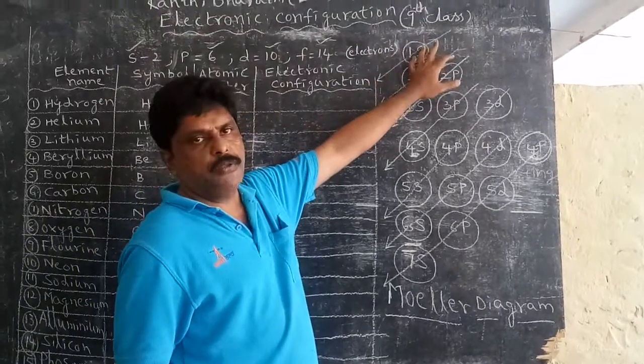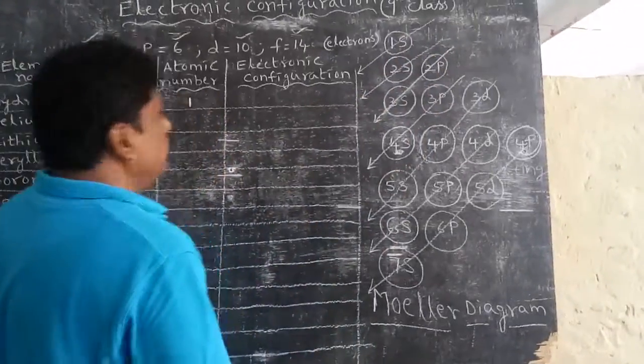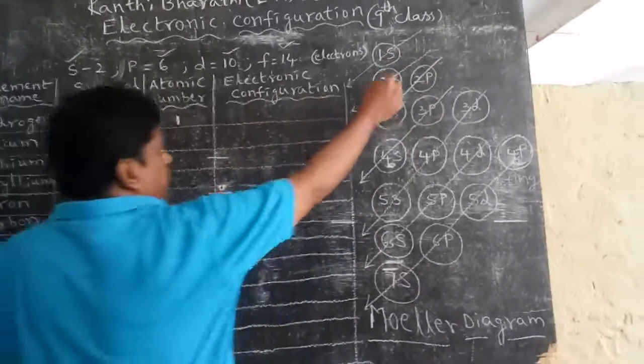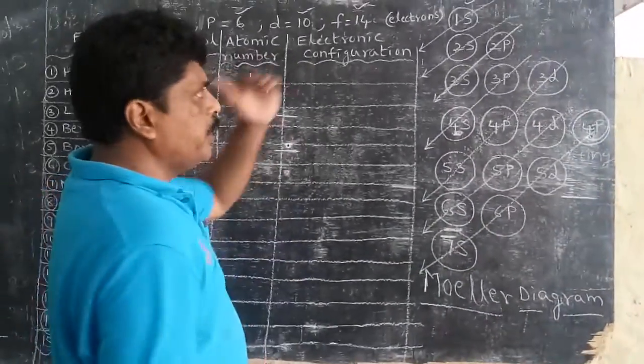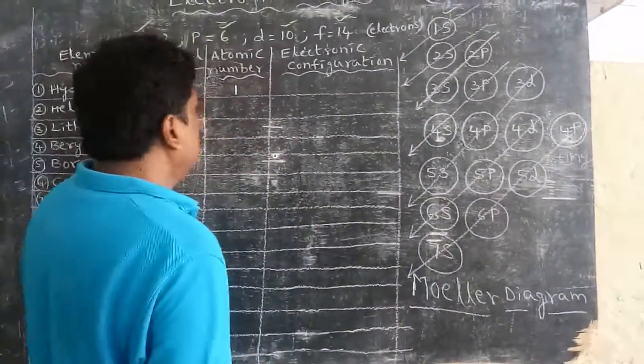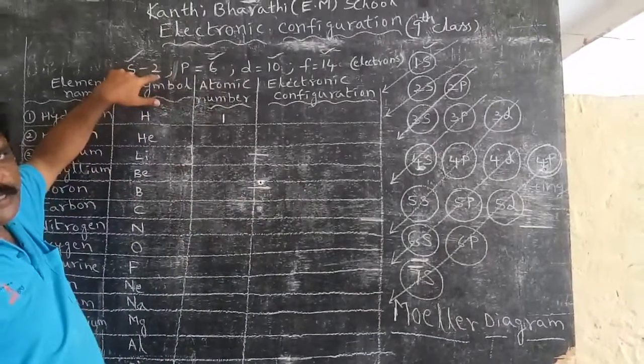the lowest atomic orbital is 1s here. Electrons enter into this orbital first. First the 1s orbital is there. So electrons enter into this 1s orbital. So in the s orbital, we already know how many electrons are filled.